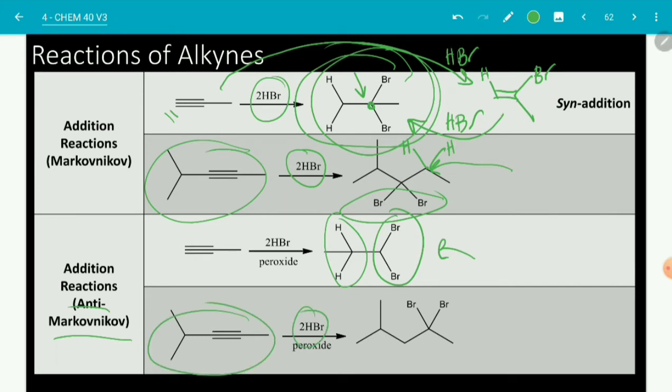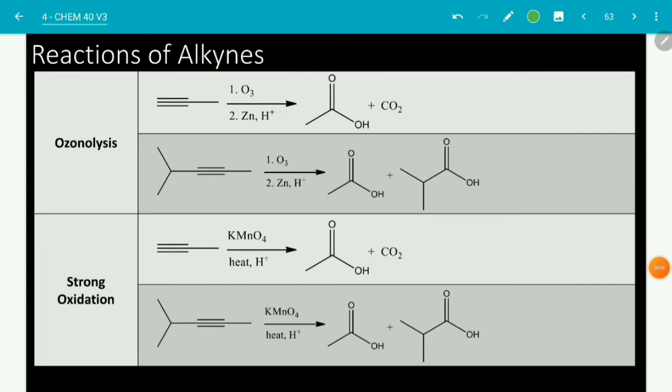So, pag nag-add ka nito, okay, with peroxide, again, peroxide is the one that promotes free radical mechanism, kaya nagkakaroon ka ng peroxide effect na tinatawag. Okay? So, nandito yung iyong Br sa less substituted carbon at nandito yung hydrogens mo sa more substituted carbons. Okay? So, now let's proceed to oxidative cleavage